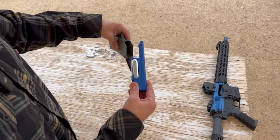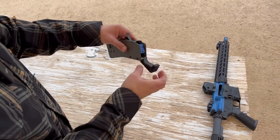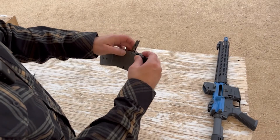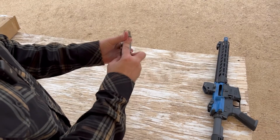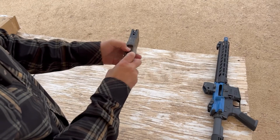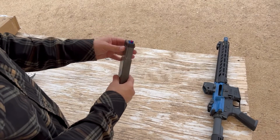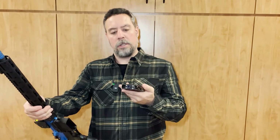It's very robust, but that also makes them pretty expensive. They're almost $100 just for one of these magazines. And they are also slightly thicker than your standard real steel magazine. So just a little bit thicker, not a big deal, but because of how pricey they are, because they are made to be able to withstand the pressures of that CO2 and all that kind of stuff,